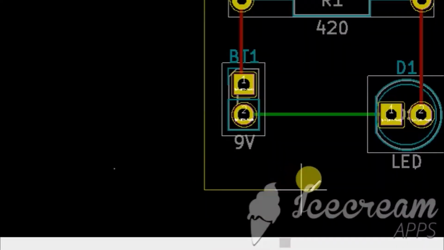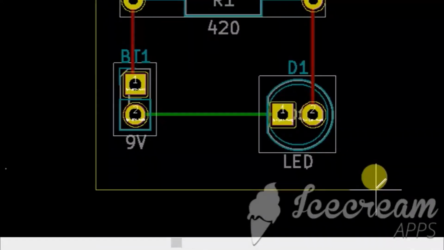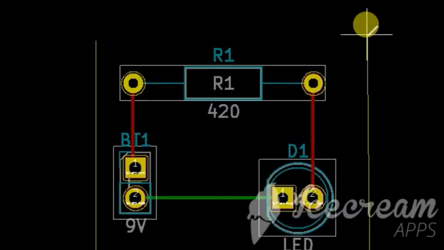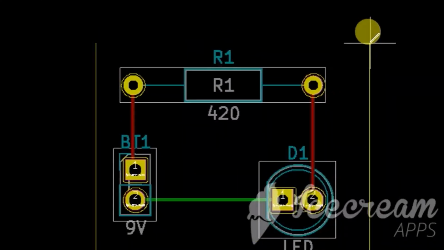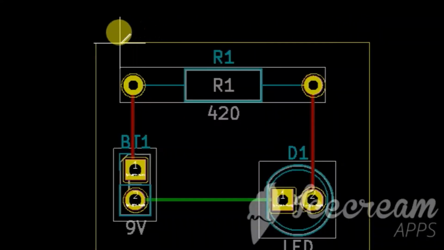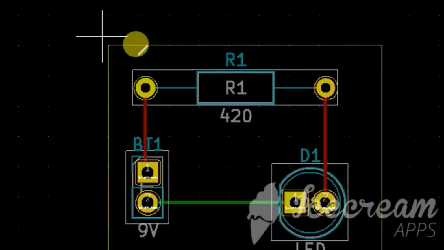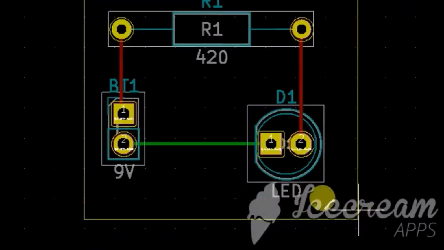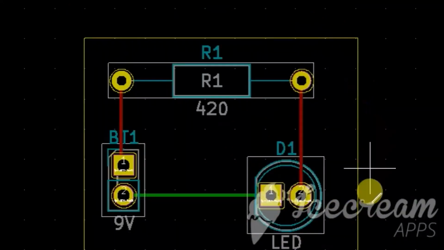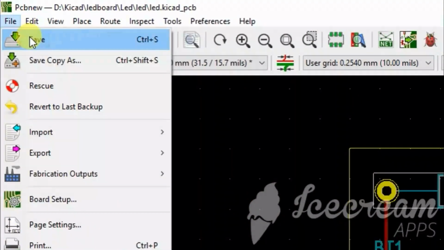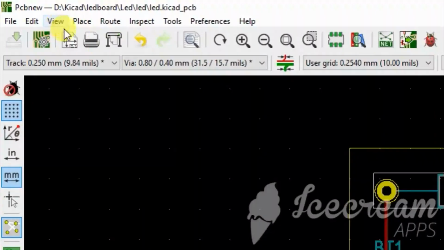Click this area, it is your choice. Finally close the loop, and next your work is to go to File, Save, click Save.